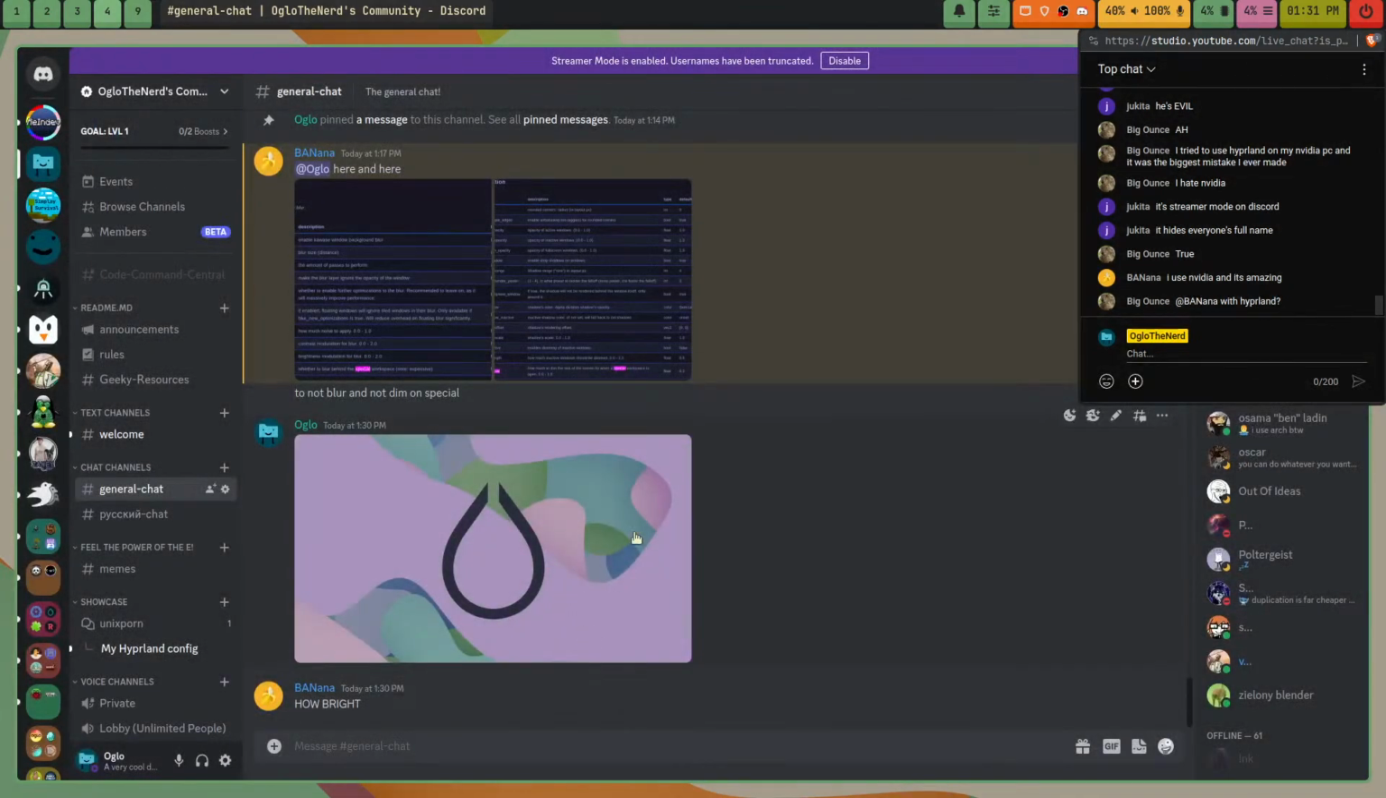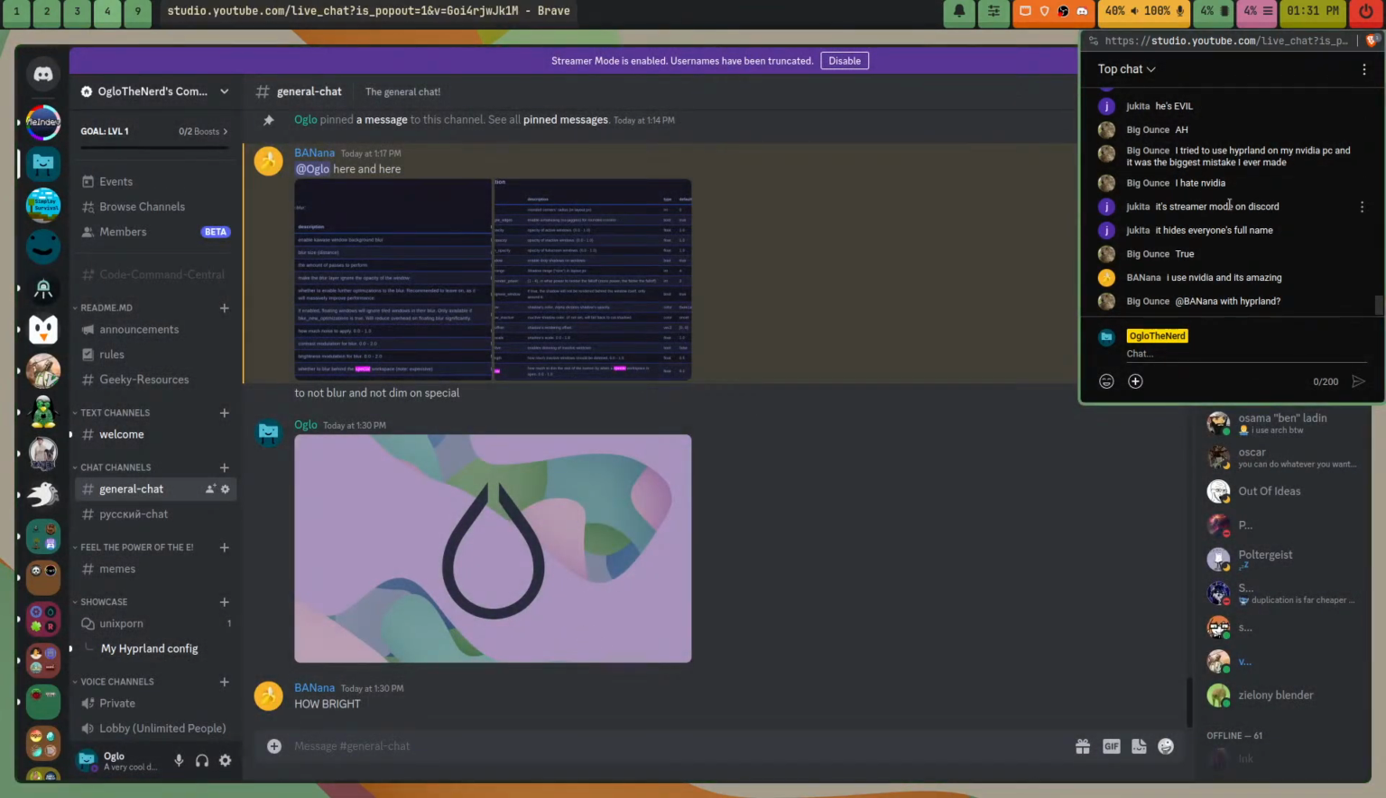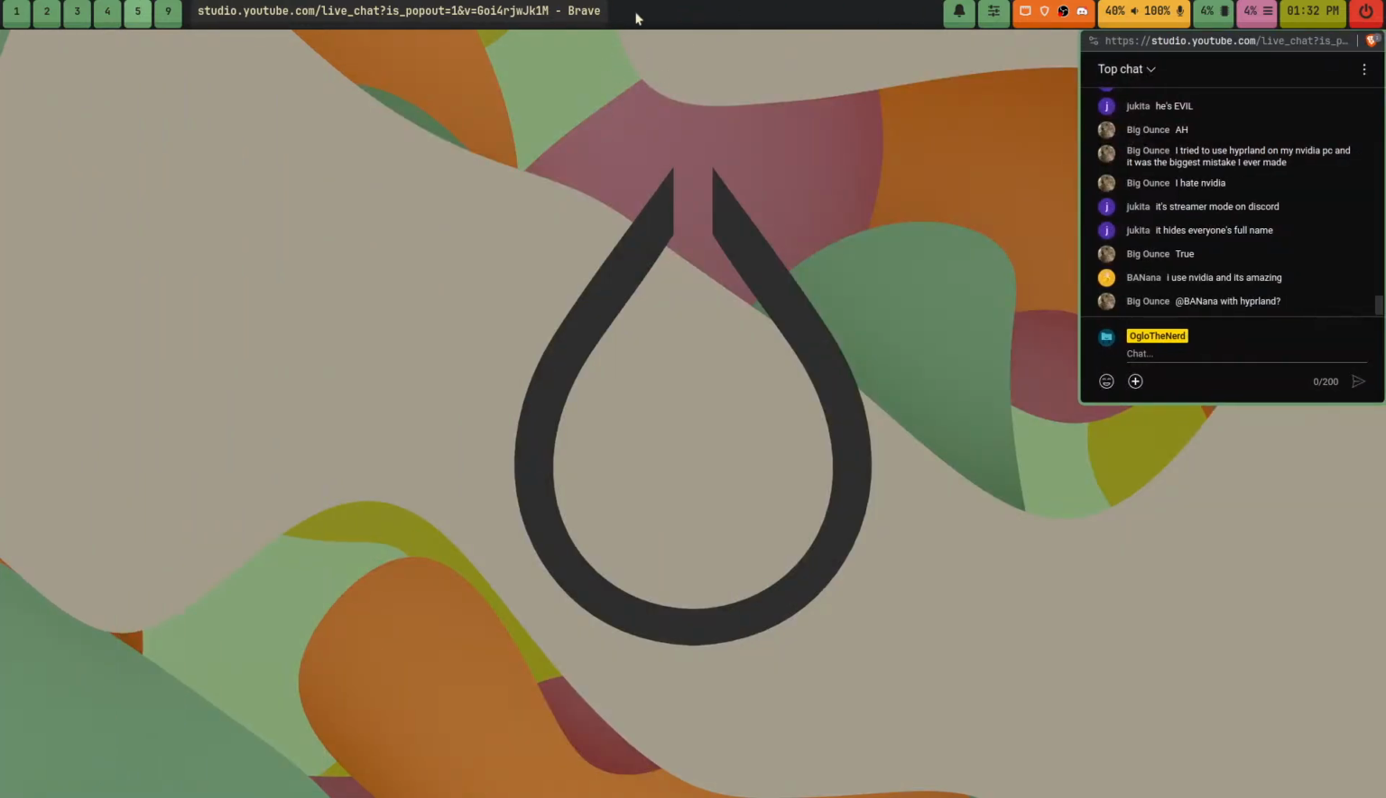I'm very much on par with the DT philosophy of ricing, DistroTube philosophy, where if you have a dark themed rice, like for example, this Waybar,